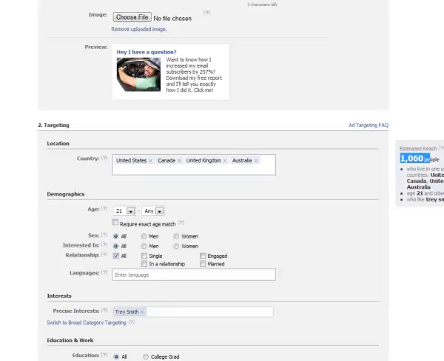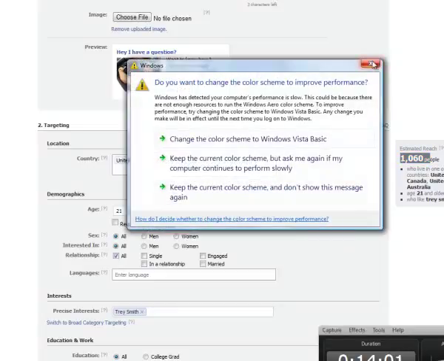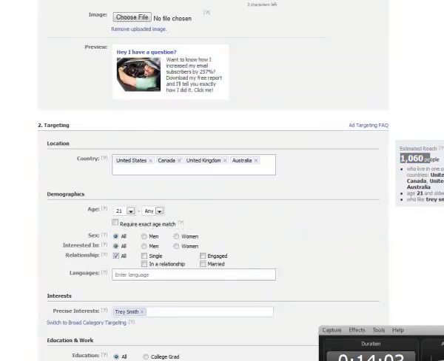And so let me look at the time here. Okay, so we're right at 14 minutes. So let's end this video, and then I'm going to go more into targeting. I'm going to go more into targeting people and targeting